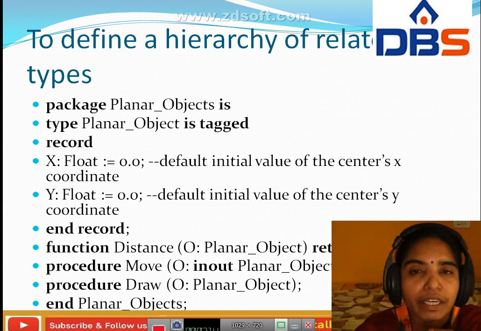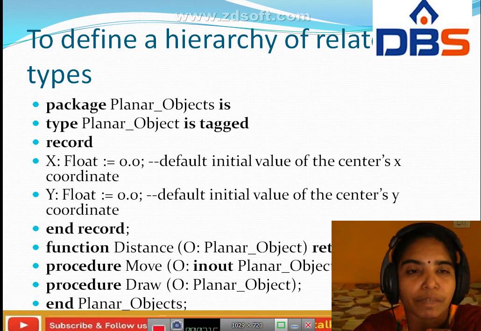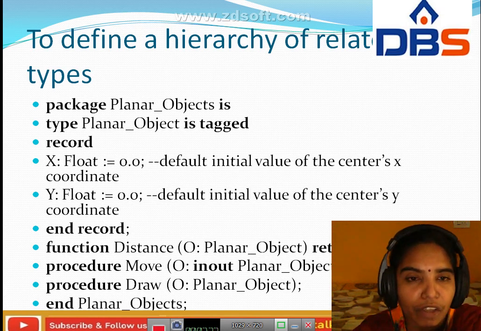Here, this is the hierarchy of the related types. First one, package. In that package, Planar_Objects is one of the types, and that type is a tagged record, and we have two objects, x and y. In this, x is of type Float, the default initial value of the center x coordinate.